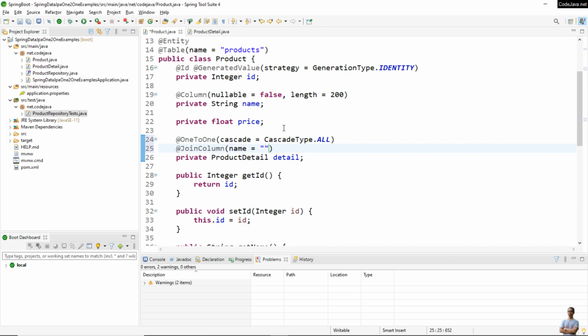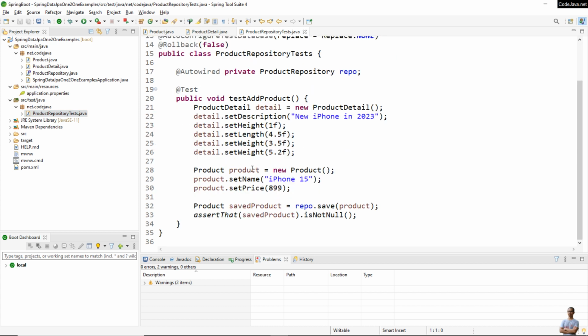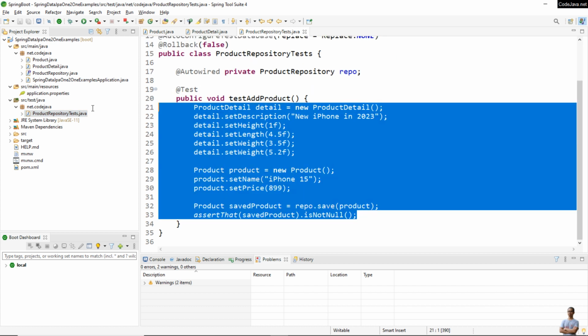Specify the name of the join column is detail underscore ID, and specify the referenced column name is ID on the product detail table. And that's it, very simple. And we use the existing test code. Okay, for now I just